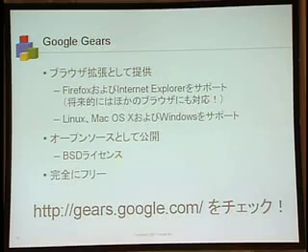And Gears, in the Greg session, it was discussed that it is a browser enhancement. So you add a module and install it into the browser. Firefox and Internet Explorer are supported, and in the future, other browsers will be supported. And this time it's open source, so either Google provides it or you contribute and port. Not sure yet, but you'll be able to enhance other browsers in the future.